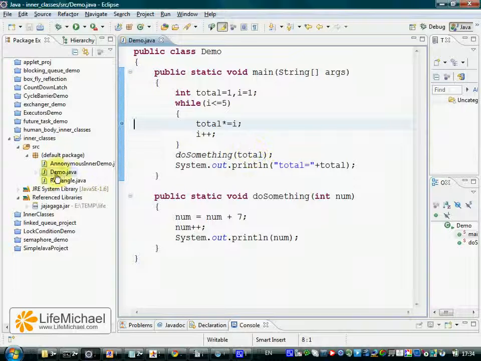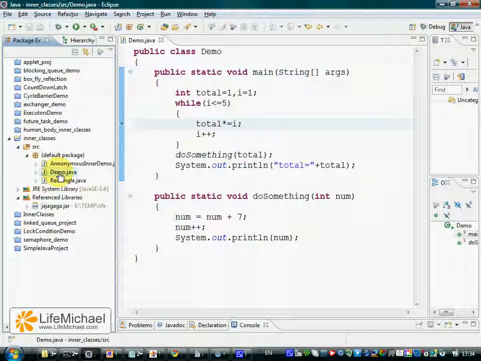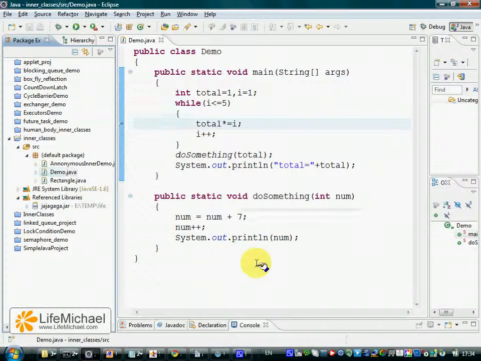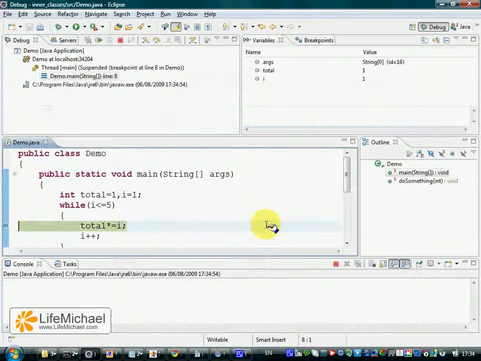The next step would be marking with your mouse the class you want to execute. Right click your mouse and choose Debug as Java application. The execution starts and stops where you placed the breakpoint, and here you can see how we moved to the